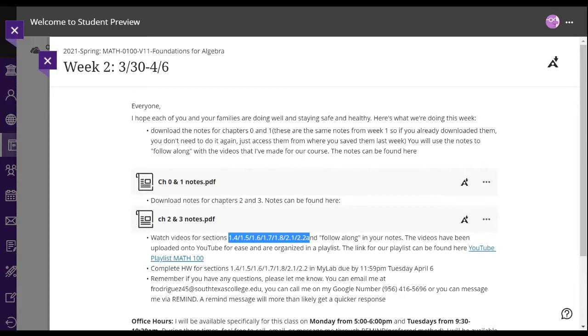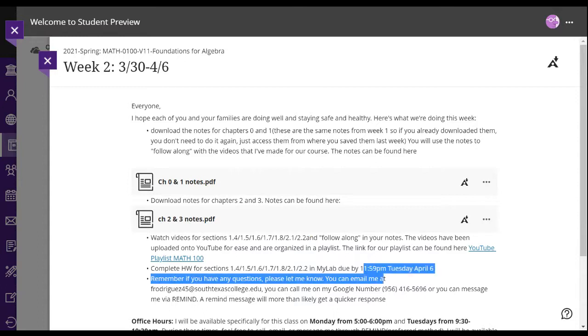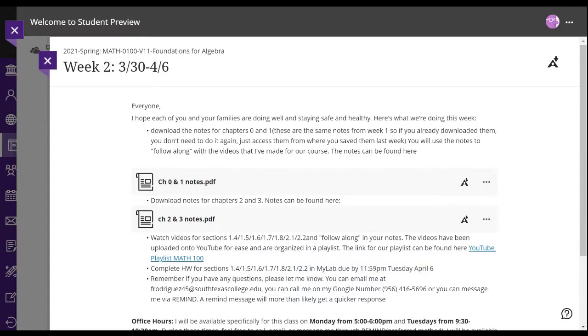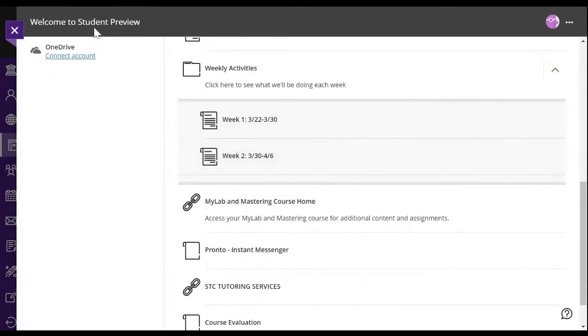I set it up so that everything is due, you notice right here, everything is due by April the 6th. This way, if something happens, you end up getting busy with something else, you know that you have some leeway. But you really don't want to say, oh, well, look, nothing is due till April the 6th, and then all of a sudden around April 4th, you're like, hey, let's go ahead and open up that laptop. I'm not saying that anybody's doing that, but it's happened before, right? And I get people who say, sir, I didn't get a chance to do this, that, and the other, and now I have to do everything in the last 2 days. So you really want to follow that kind of model.